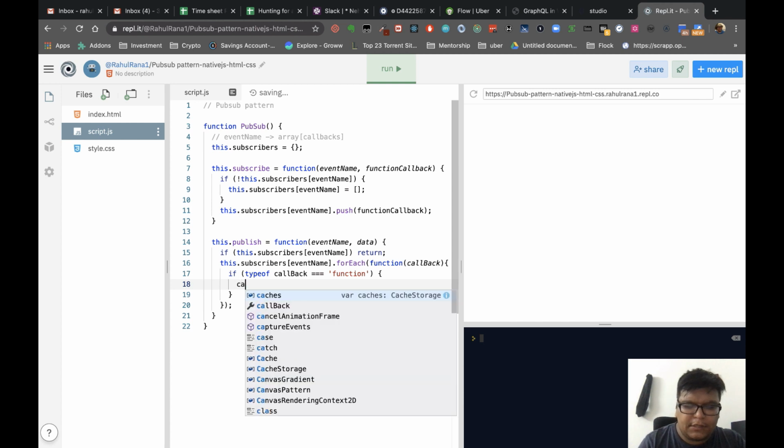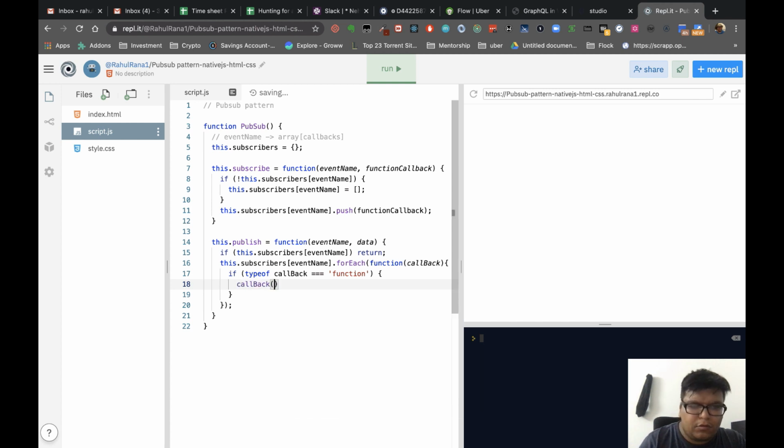If it is a callback, then we will call the callback with data. So simple, every function corresponding to that event name is called. So publish is simple, subscribe is simple, and yeah, this is our simple PubSub pattern.